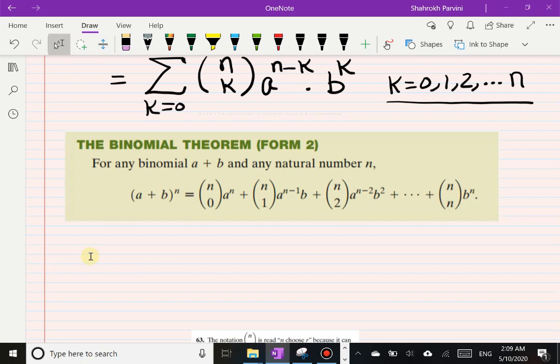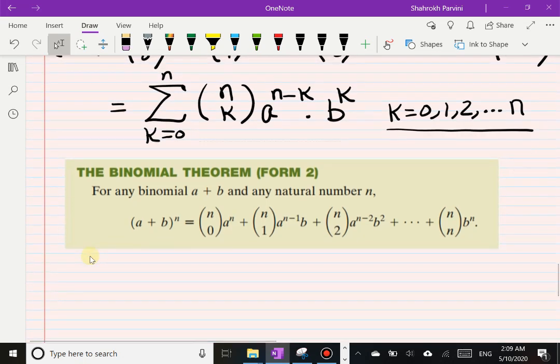It's in there. It's on page 919, I think. Let me see. It's on the bottom of page 917, if you have a book, if you want to look at it, but this form is better to use. Notice the authors do not use summation notation, but since we talked about sigma notation, why not? Might as well use it. And it just makes it look nicer and more concise. Okay, so let's see, what do I want to do next? So this is again the form of the binomial theorem,